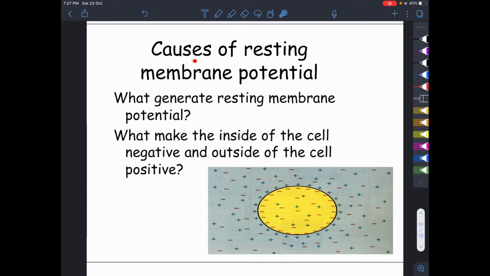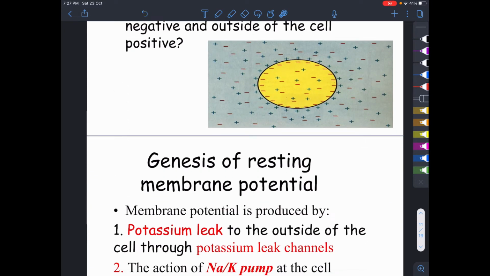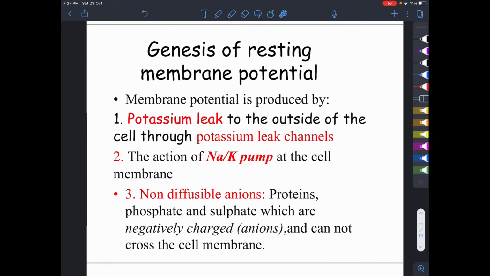طيب وش ال causes of resting membrane potential؟ ليش احنا عندنا اللي جوا سالب واللي برا موجب؟ وش هذه الاشياء اللي خلت عندي resting membrane potential بهالشكل؟ اسباب. اول شيء عندنا البوتاسيوم leaky channels to the outside of the cell. البوتاسيوم leaky channels تطلع بوتاسيوم outside the cell in the resting membrane potential باستمرار. تطلع بوتاسيوم شوي برا، تطلع بوتاسيوم شوي برا. ليش؟ عشان البوتاسيوم موجب